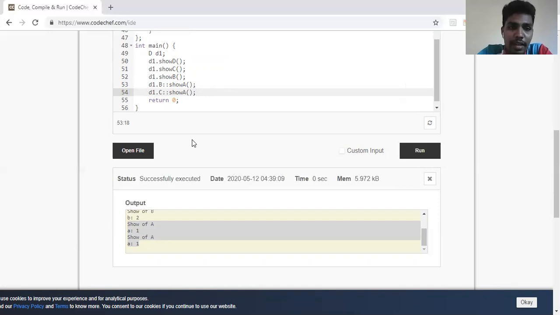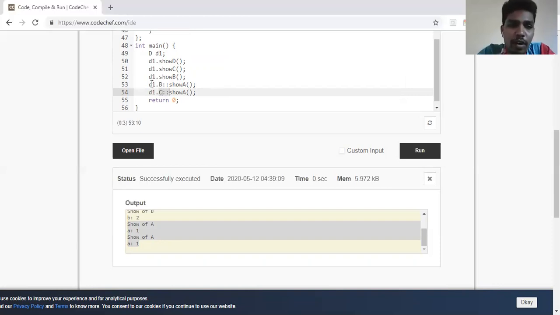As you can see here, why was D getting confused? Because it can get the features of A through B also, through C also. So the compiler was confused. Should I go through B or should I go through C? So I reduce the compiler's confusion by saying that now in this show you go through B and in this show you go through C.